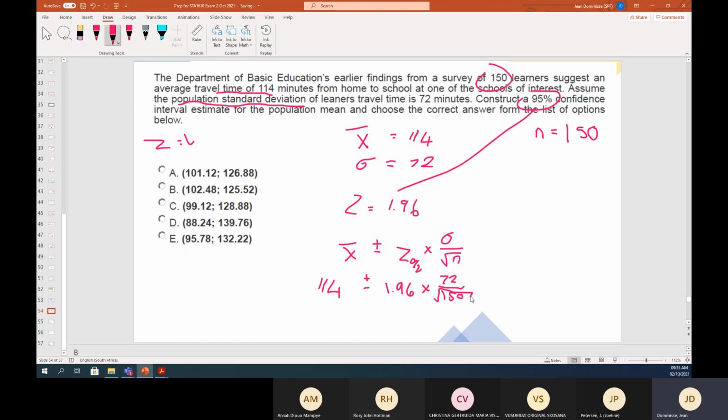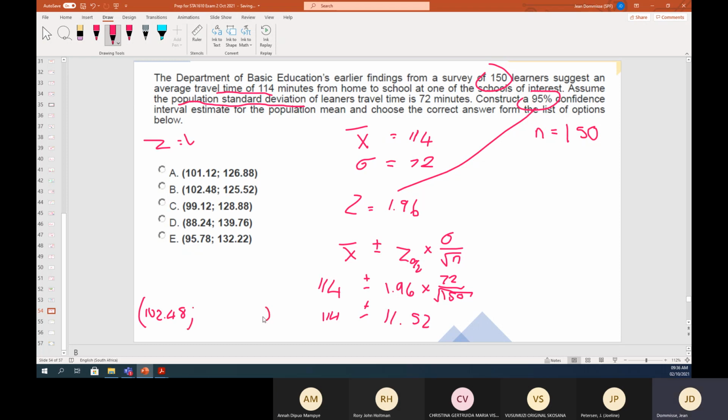Okay, so 72 divided by the square root of 150 is 5,8788. If I multiply that by 1,96, I get 11.52. So 114 minus 11.52 gives me the bottom number, which is 102.48,